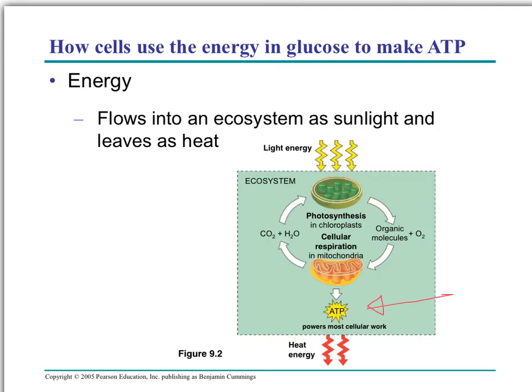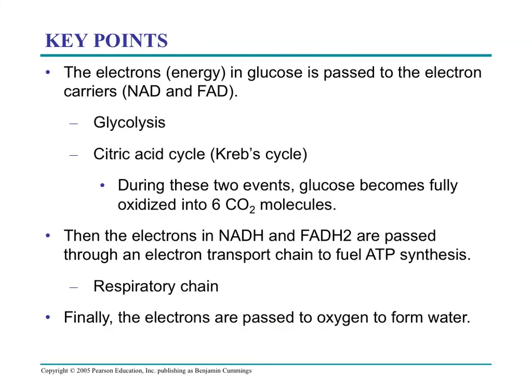So, let's talk about the steps of catabolism of glucose in an aerobic environment. Okay, so we've already talked about that there are three steps. We have glycolysis, we have Krebs cycle or citric acid cycle. They are one and the same, just two names of the exact same thing. And then we have this electron transport chain, which is our third step that we talk about in an aerobic